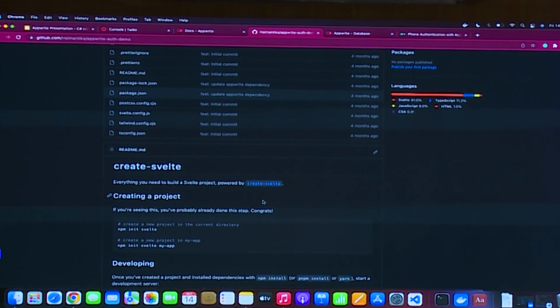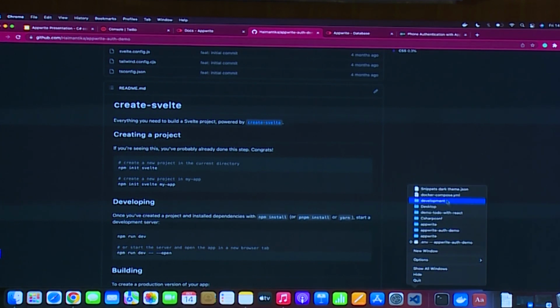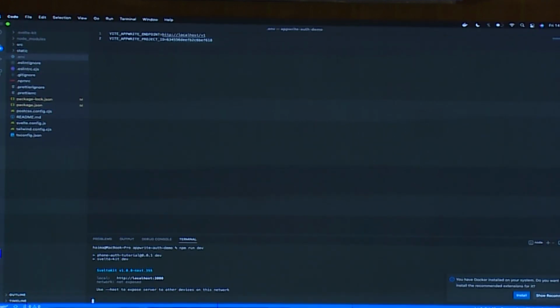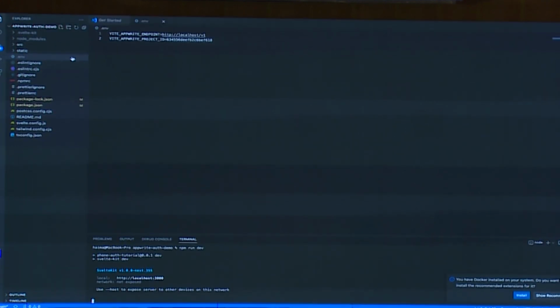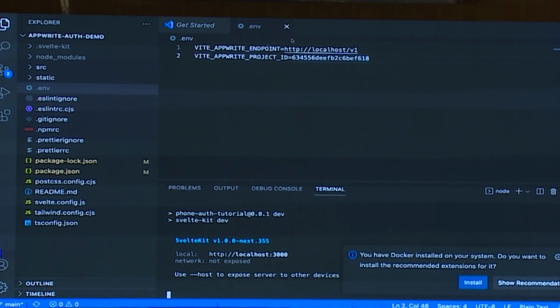This is for a quick demo, and I'll just show you what the demo does. For that, I'll be opening up my AppWrite auth demo folder, and here again you see that there is a .env file, and there are two parameters that you need to fill in. I'll zoom my screen. The first one is the AppWrite endpoint, and the second one is the AppWrite project ID.